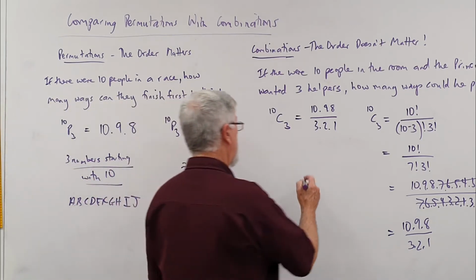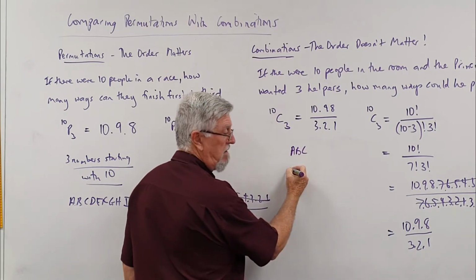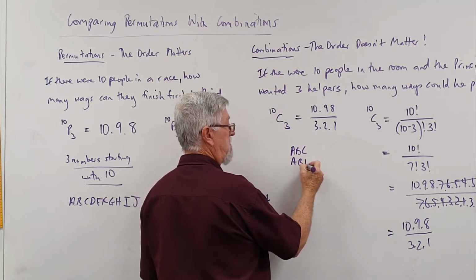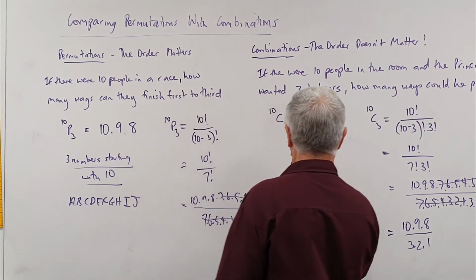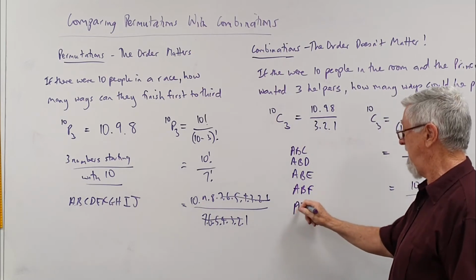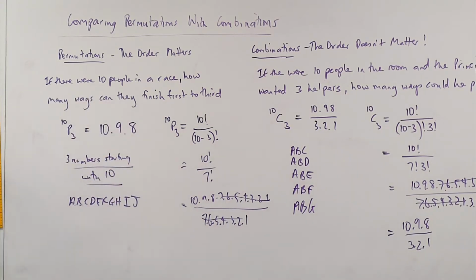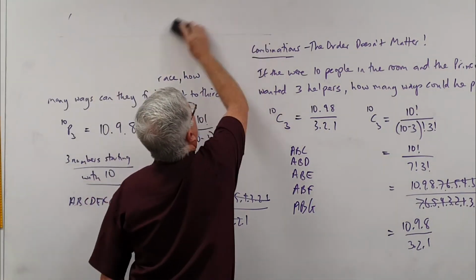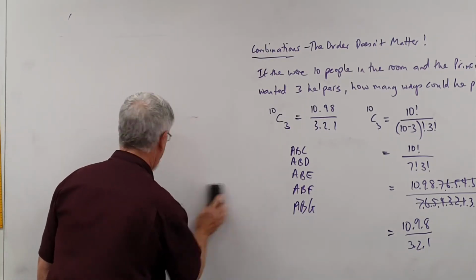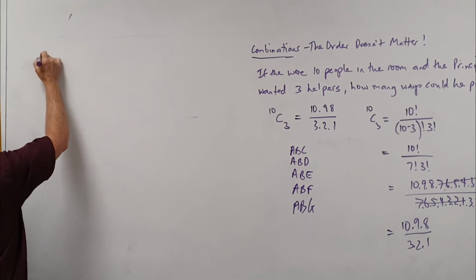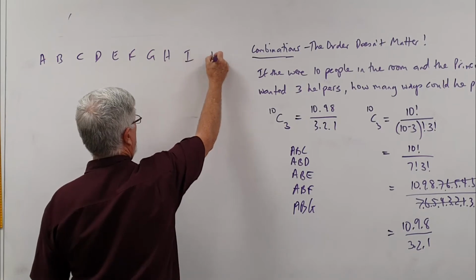If I drew up a tree diagram for that and listed them all out, I'd have A, B, C with, A, B, D with, A, B, E with, A, B, F with, A, B, G. Now what's this? I didn't know why this is going to come out of my head, but it's going to. I've made up sheets about this. If I listed those 10 reasonably spaced so we don't get too mixed up, G, H, I, J,